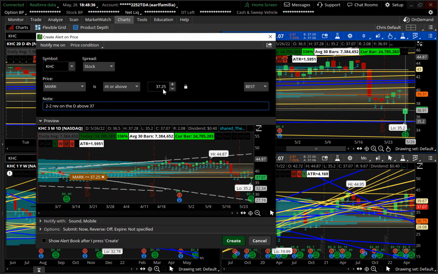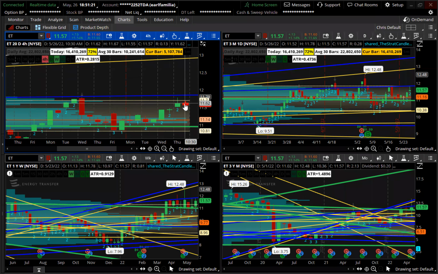And we go to ET. ET should behave similar to the rest of these tomorrow. It just doesn't have the best looking setup. If you're looking to take the trade, set your target to $11.67.